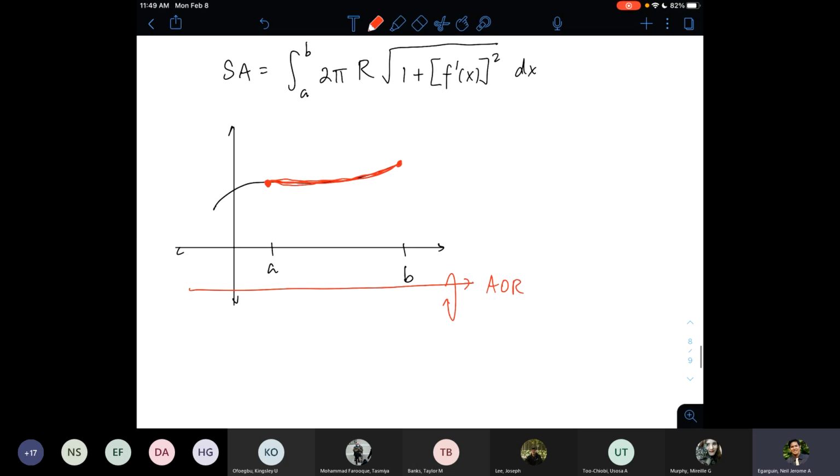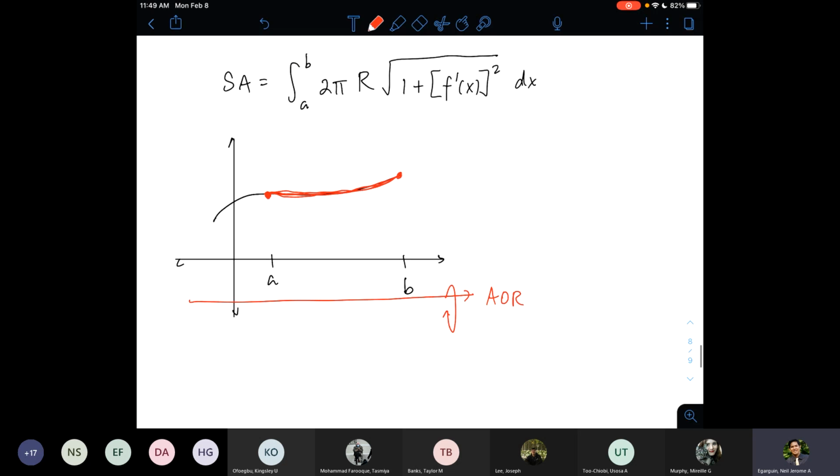But what would be that surface area? Well, that surface area will depend on two things. First is the length of the arc, because that gives us one of the dimensions of the surface of revolution. That's why you will see the formula for the arc length appearing in the formula for the surface area. If you imagine us forming the region over here, that will sort of give us the height, right? The length of the arc gives us one of the dimensions of the surface.